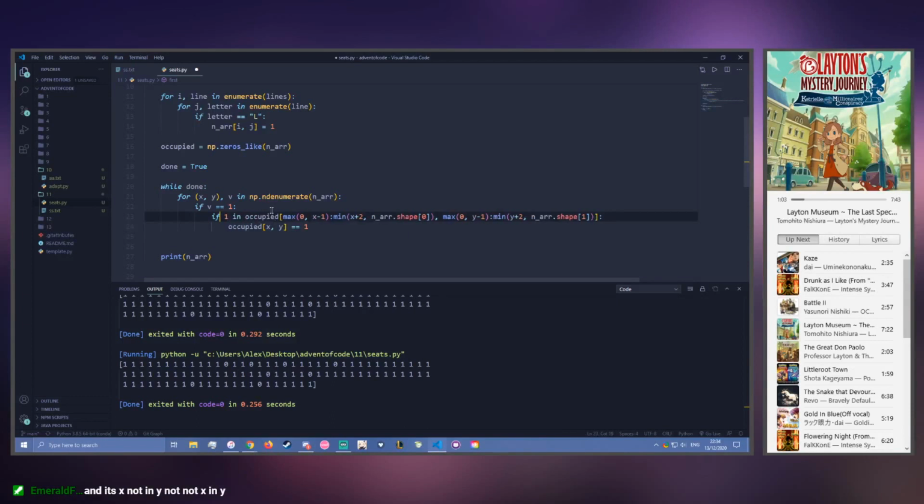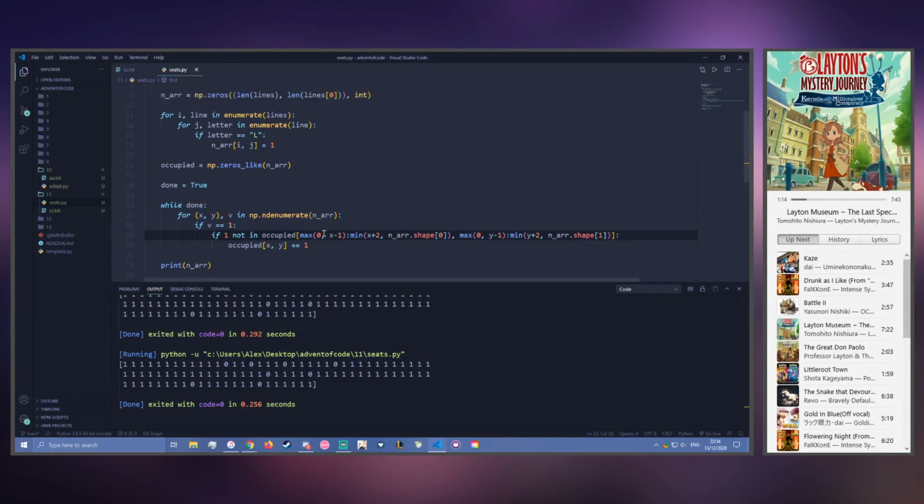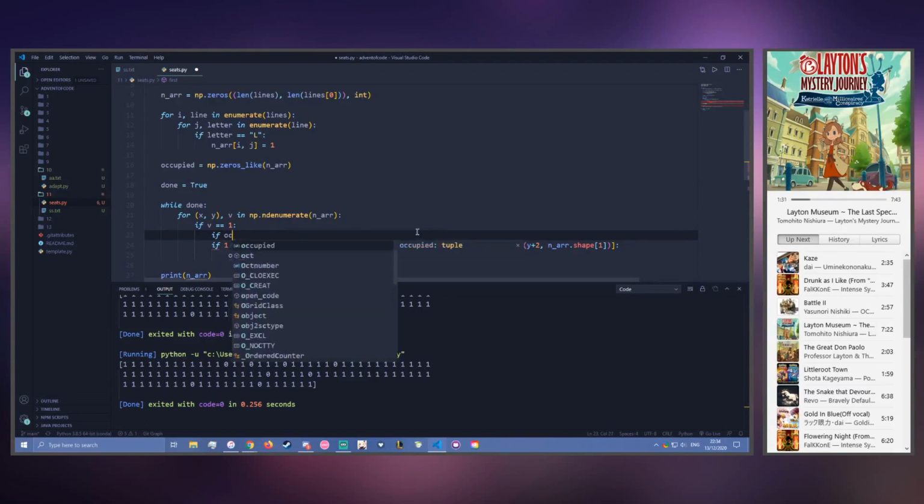Oh, well. It's X not in Y, not X in Y. Alright, so this checks if anything surrounded is already occupied. But we could also, which I should do before, if occupied at XY,